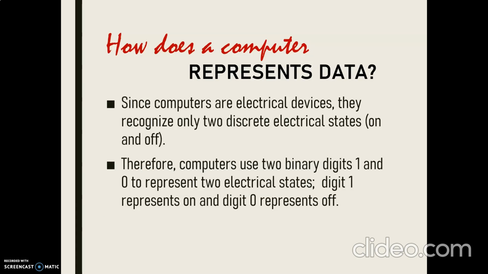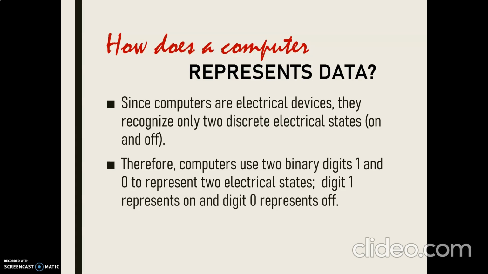What it means is that in those tiny switches, there are only electrical signals. So anything that we type into the computer is going to be represented in electrical signals,